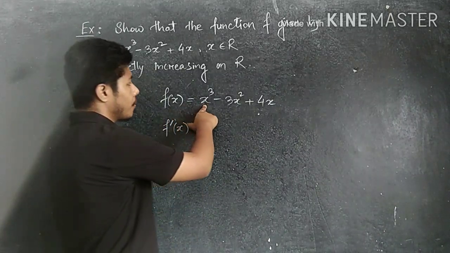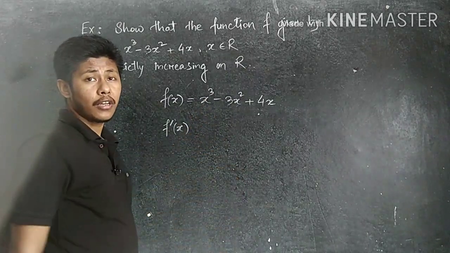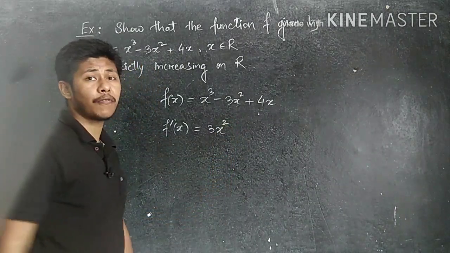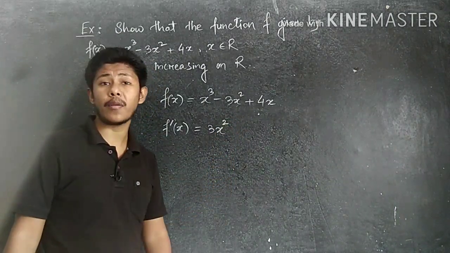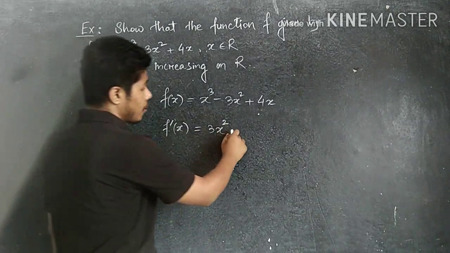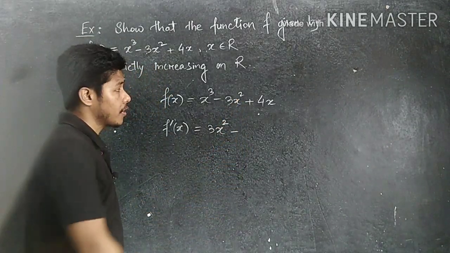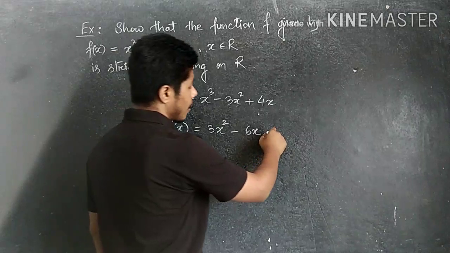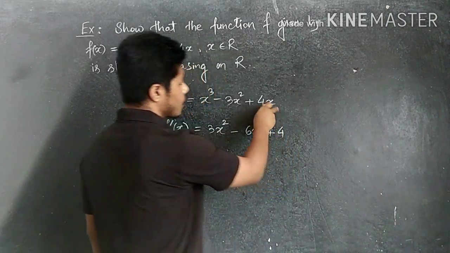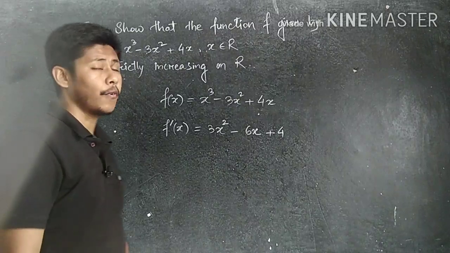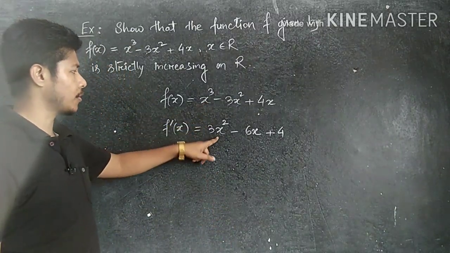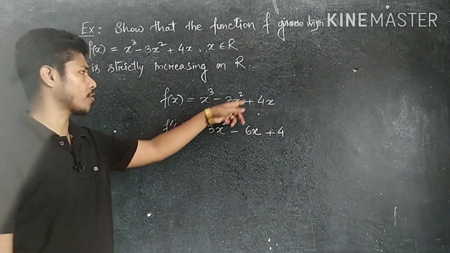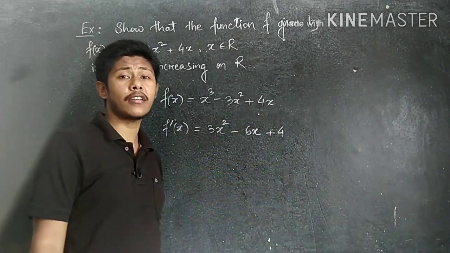If you differentiate this with respect to x, d/dx of x cube is what? So easily we can write 3x square. It is of the form x to the power n, so n into x to the power n minus 1. And the second one is minus. Now here it is 3x square. If you differentiate this one, then how much do we get here? 3 into 2x, 6x here we get. And finally the last one is 4. Here 4 is a constant term multiplied by x, so that's why we get here 4. Is it clear? Differentiation of x cube is 3x square. In class 11 already we have done this type of differentiation. So here 3 is a constant term, x square means 2 times x, so that's why 6x here, and here it is 4.